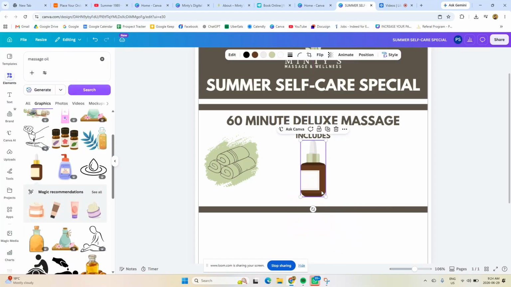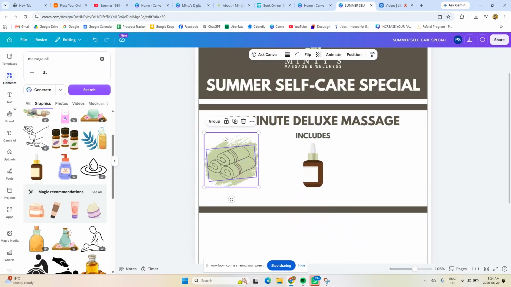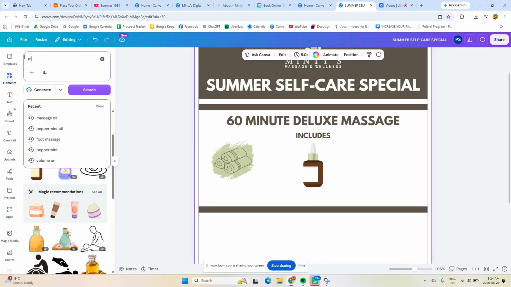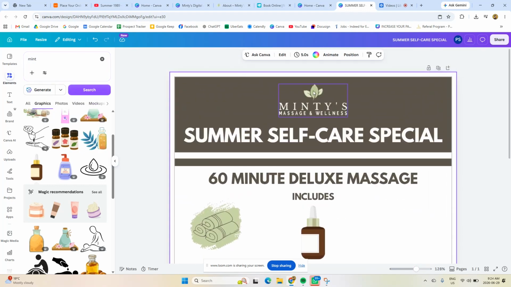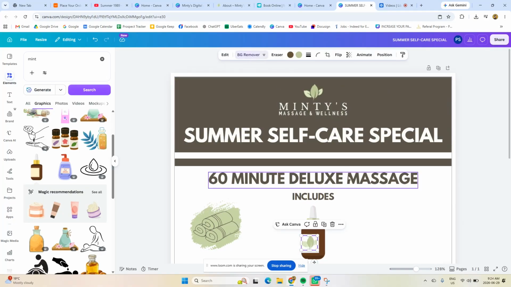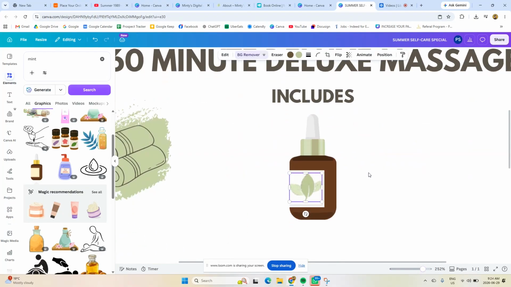So let's drop it down in size a little bit. And seeing that, I realize that this needs to be dropped down in size also. And then let's add a mint leaf to it. Actually, instead of adding a mint leaf, why don't we just add the logo icon? So I'm going to ungroup these, grab this, make a copy of it. Now, obviously, this looks pretty bad in its current form, but let's use that background remover tool, pop off the background,